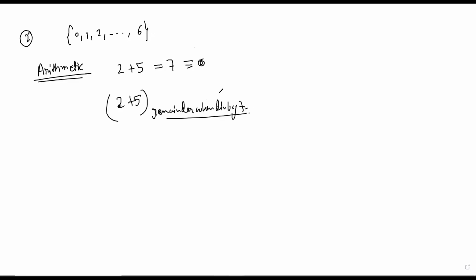So you understand how the addition is defined? 2 plus 5 is 7, you take this mod 7. This is just the world of mod 7, and in this world addition is very easily defined. Similarly, when we say addition, we also want to talk about multiplication. Multiplication is also defined, because 2 into 5 is 10, so 10 becomes your 3. Just take the remainder by 7. That's the definition in this world. It becomes 3. So multiplication is also defined.